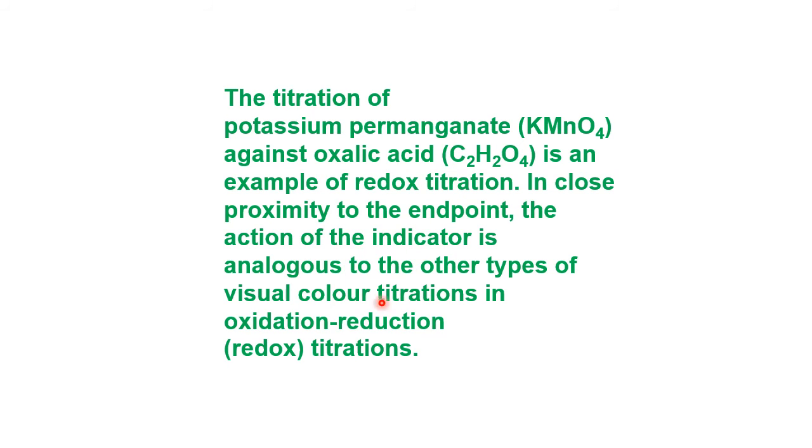Now this is regarding the permanganate titration. Whenever we go for a titration where permanganate is one of the reactants, that titration is called what? Permanganate titration. So there are a variety of titrations. K2Cr2O7 is there, KMnO4 is there. But where we use KMnO4, out of the two, one should be the KMnO4. Those are classified under the permanganate titrations.